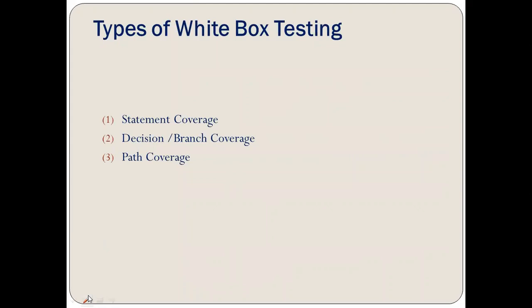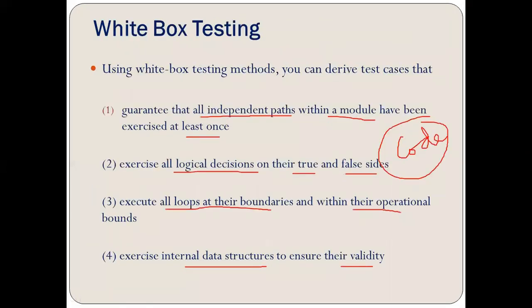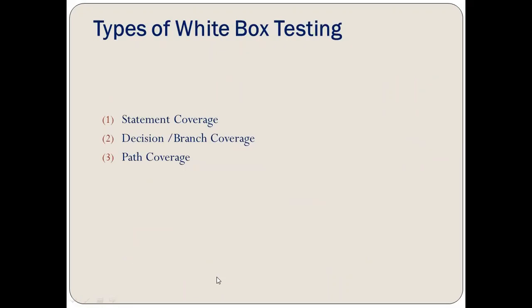Now we are going to see different types of white box testing that will easily answer our question, where we have already seen that it is going to uncover the errors which are logical decisions, independent paths, all the loops in the boundaries and the internal data structure. So these are the different types of white box testing, which are statement coverage testing, decision or branch coverage testing, these are two different names but are same, and path coverage testing. So let's understand one by one how these particular testing is done and why is it done, right?